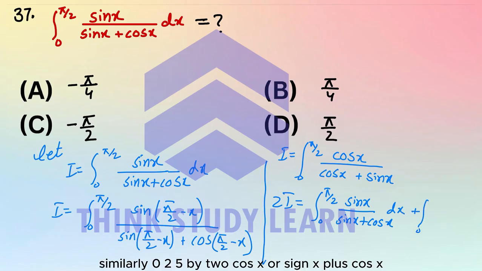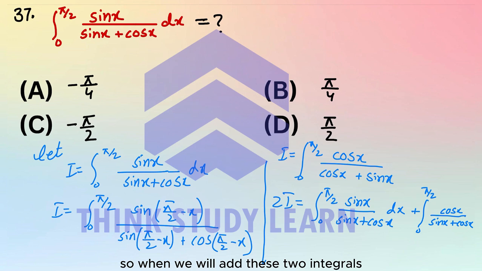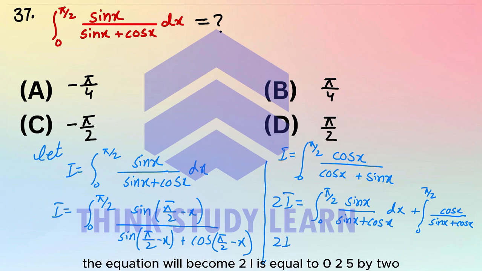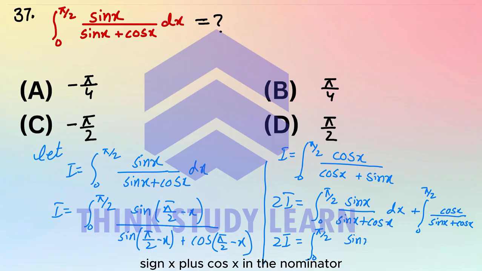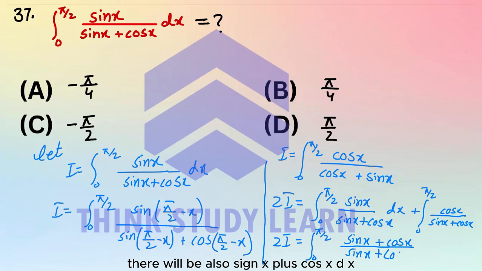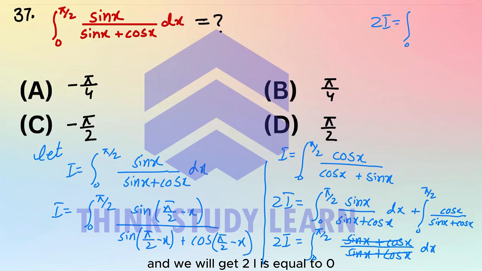Similarly, the integral from 0 to pi by 2 of cos x over sine x plus cos x. So when we add these two integrals, the equation will become 2I is equal to the integral from 0 to pi by 2 of sine x plus cos x in the numerator, and in the denominator there will also be sine x plus cos x dx. So these two will cancel out and we will get 2I is equal to the integral from 0 to pi by 2